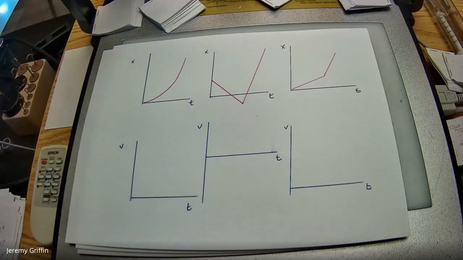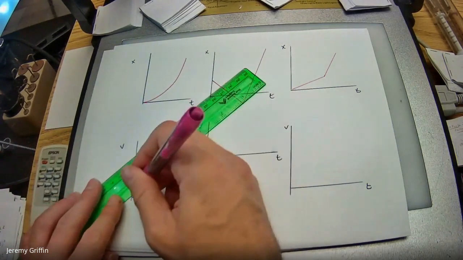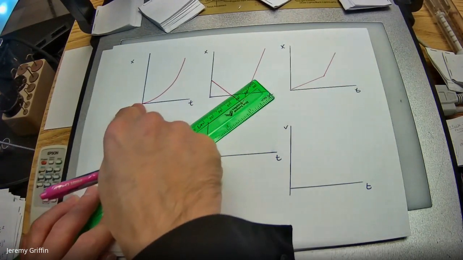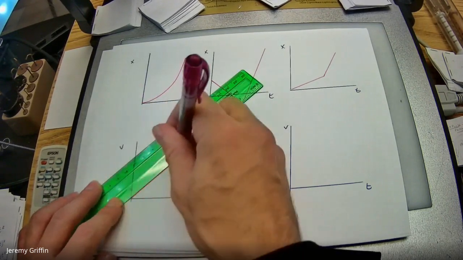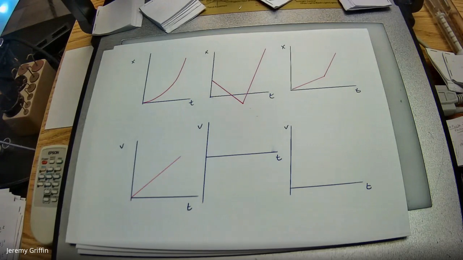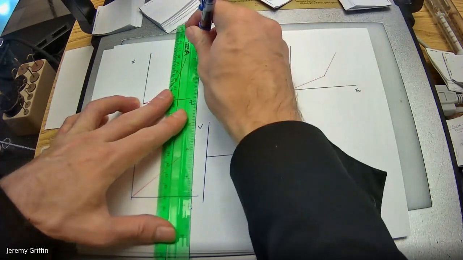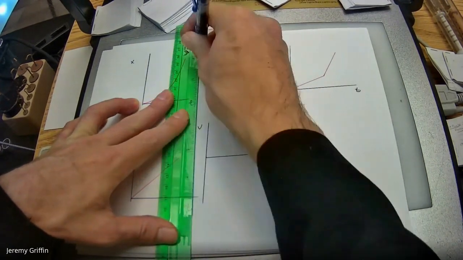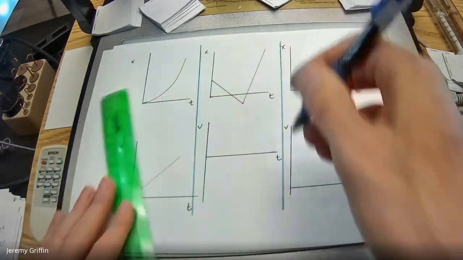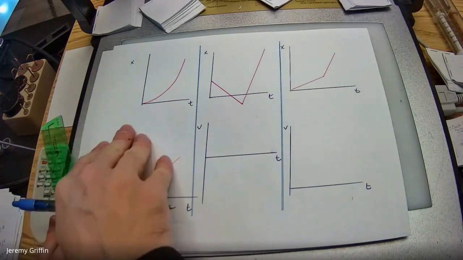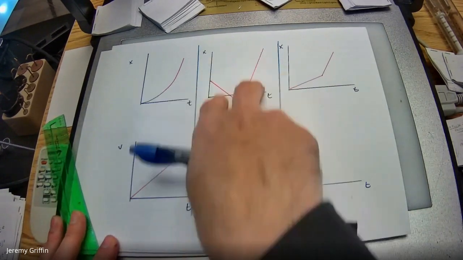So if x versus t is like a parabola, then v versus t would be increasing at a constant rate. So that's the answer to that one. And if this is the vertex of the parabola, if you thought it was, then wouldn't it have to start from rest? Something like that? These are 3 completely different scenarios, not related to each other. So scenario 1, scenario 2, scenario 3.